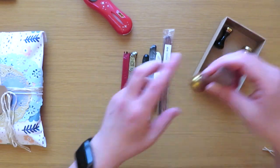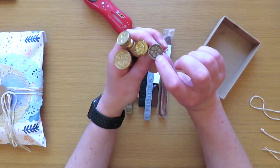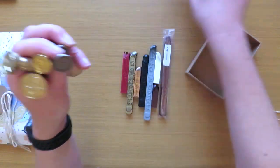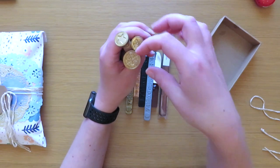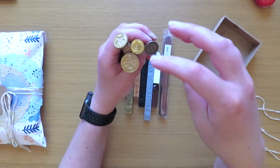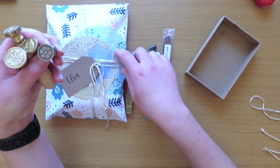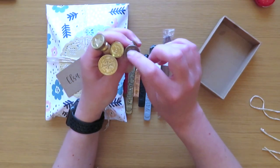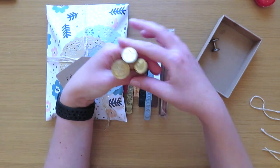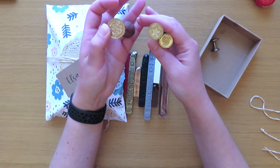So first I like to decide what seal is going to go with my look. I've got a gear, my little plume and inkwell, a star, and a compass rose. And I really at some point need to get something with more curved lines, maybe a floral, because I tend to do gifts like this where a floral would be really nice, and I just don't have one. So I think no on the gear. Honestly, the one I end up using, my most generic one, is actually the compass rose, because I think it looks nice and it's a little bit less